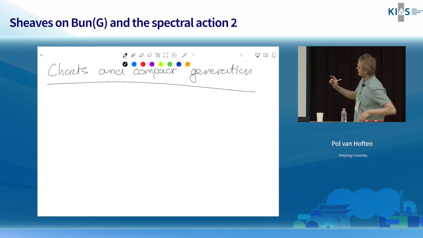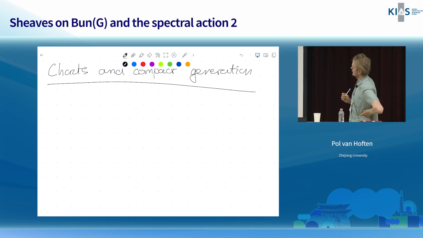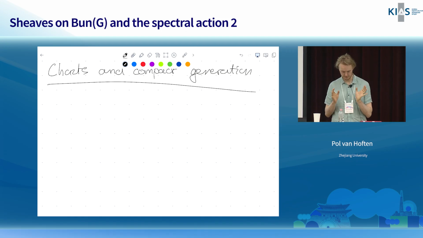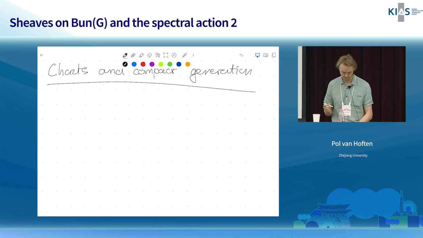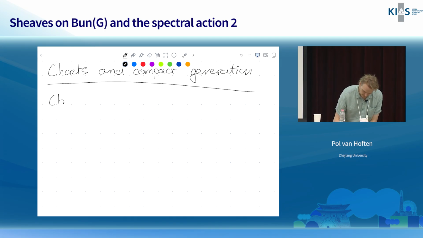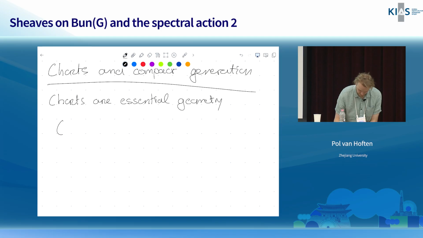Okay, so I want to talk about charts and compact generation. This is almost completely orthogonal to what I talked about yesterday, but nevertheless, I think it's an essential part of the Fargues-Scholze geometry. So charts are, let me say, essential geometry. And they also show up,